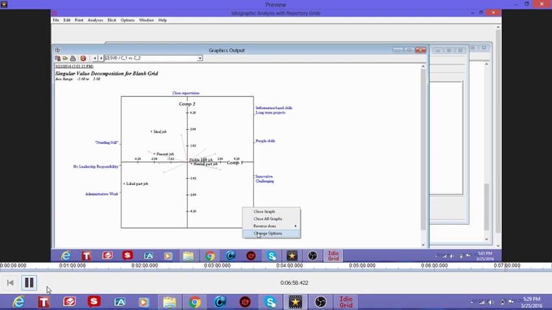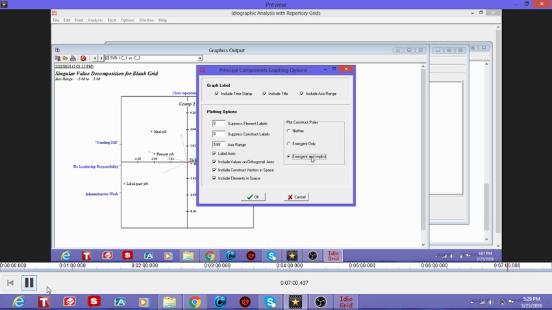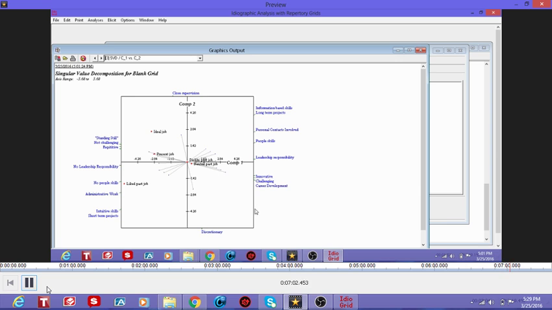You can also go for both of them, emergent and implicit, so you can see both of them, and you can find out what are the components in the ideal job and what were the components in the liked past job, and so on. So you can relate it with the scores given by the interviewee, and you can then interpret the graphic data. So this was a tutorial for repertory grid analysis,